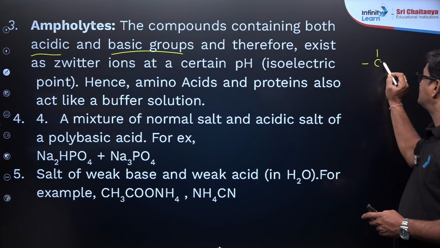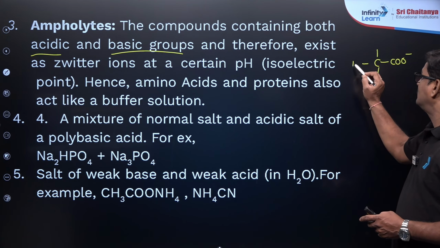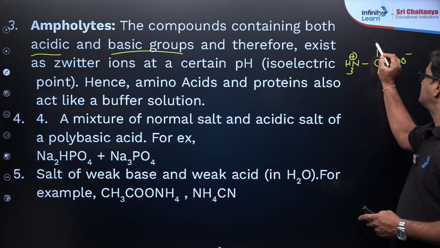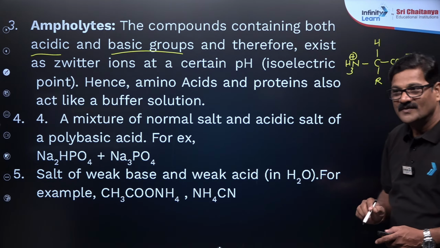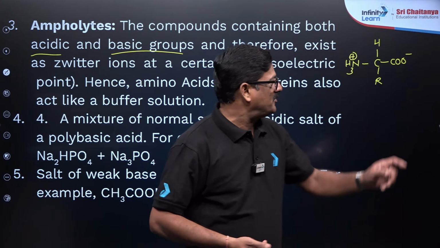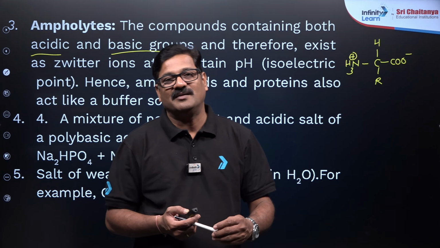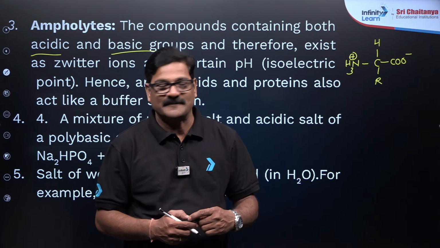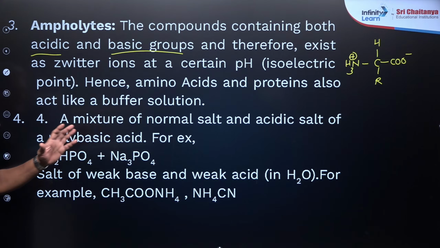What is an amino acid? Both carboxylic group and amino groups are there. So dipolar groups. This is the fundamental structure of the amino acid, you know, right? Depending upon this different R value, 20 different amino acids are there in the proteins, naturally occurring amino acids. And you can see a mixture of a normal salt and acidic salt of a polybasic acid,